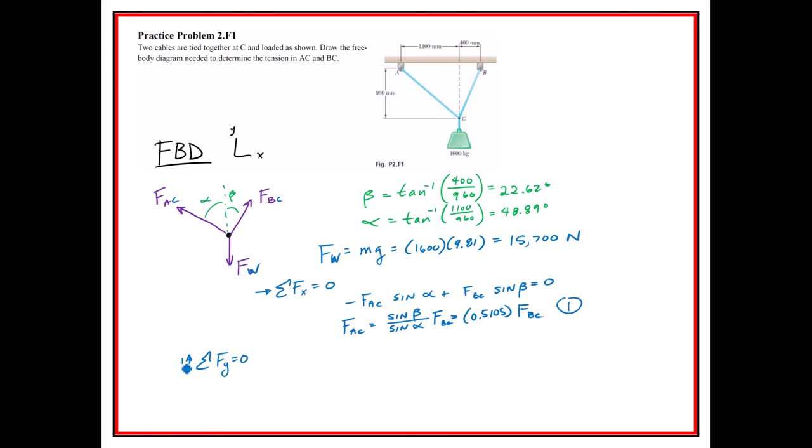Right here, right? I like to put a little plus sign next to that. And then say, okay, we got FAC times the cosine of alpha plus FBC times the cosine of beta minus W, for weight. So we replace everything with the numbers that we have. So we have 0.5105, where I replaced it with 1. I jumped a step. So that goes FBC, and then times the cosine of